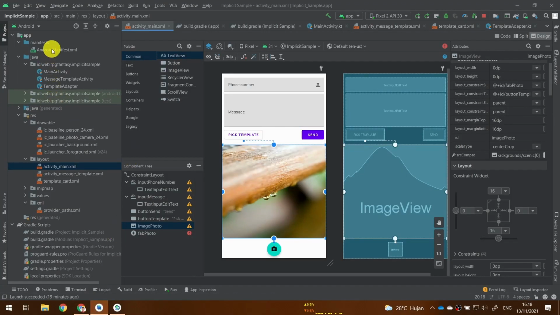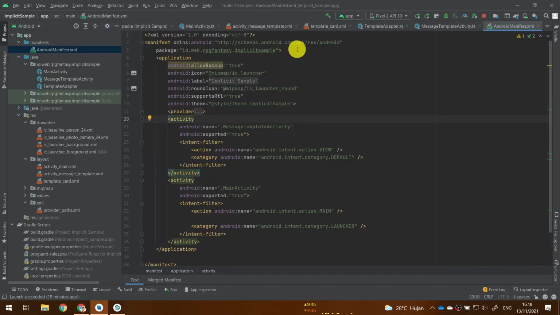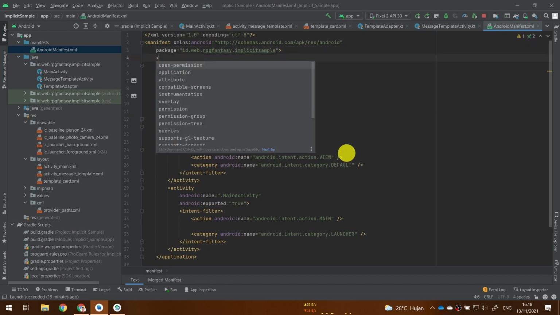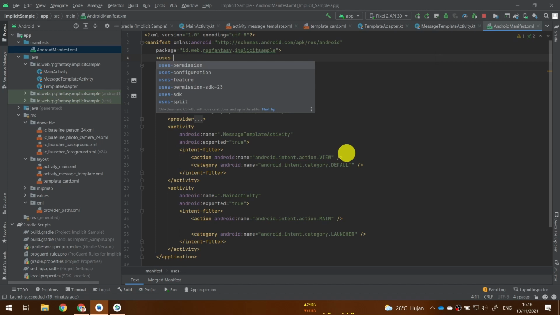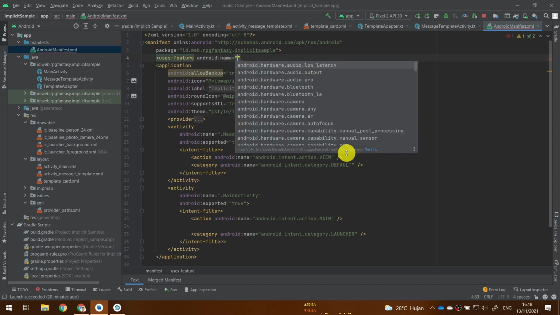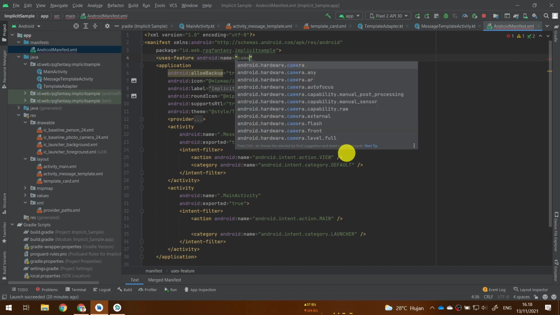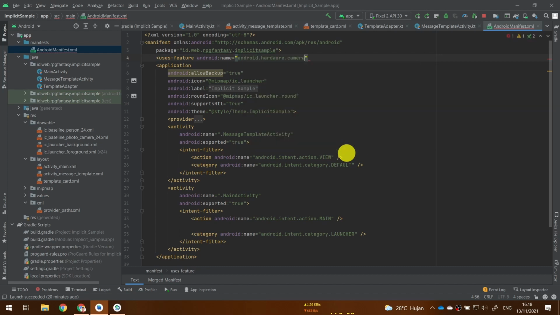Okay, open your Android manifest again, and before the application tag, let's add a uses-feature, and the name is android.hardware.camera, and we will set required to true.